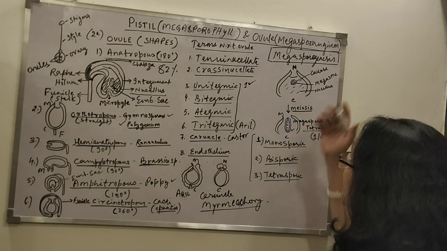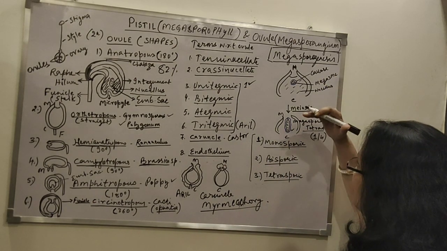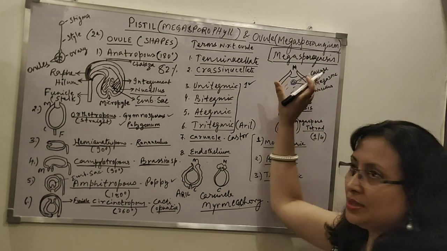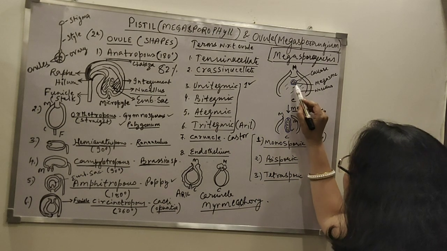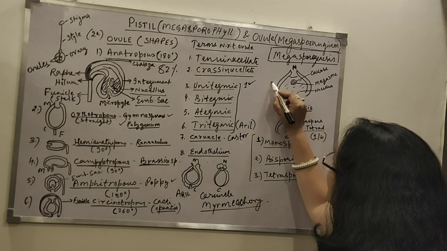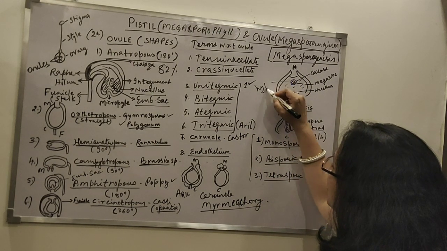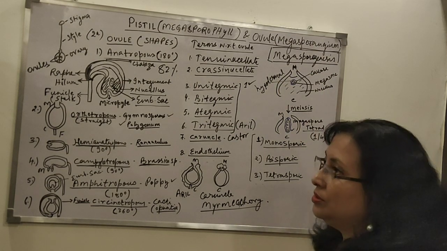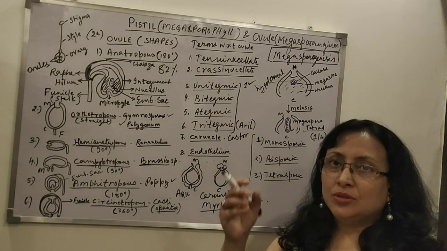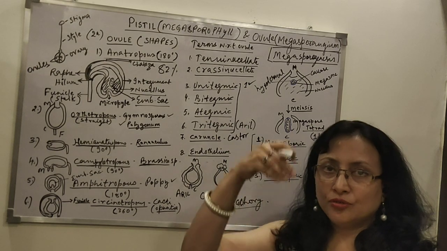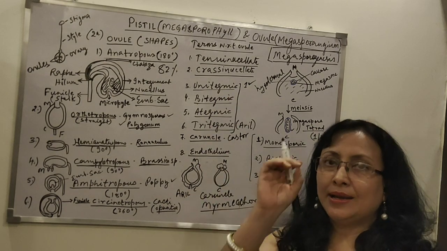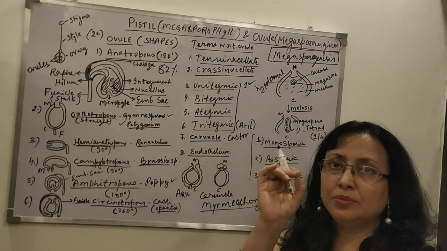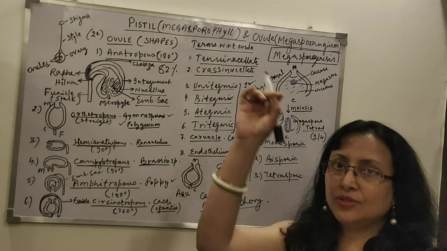Now in megaspore formation, first it begins like this. This is the ovule, micropylar part only I am showing, and there's one hypodermal cell. You remember hypodermal, that is the layer just below epidermal. So the layer next to epidermal towards micropyle is hypodermal, and from that hypodermal layer there's only one cell towards micropyle.